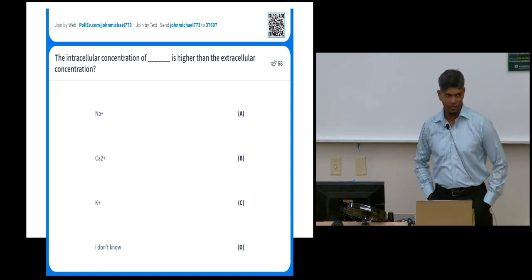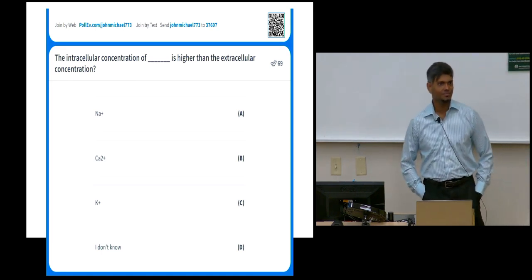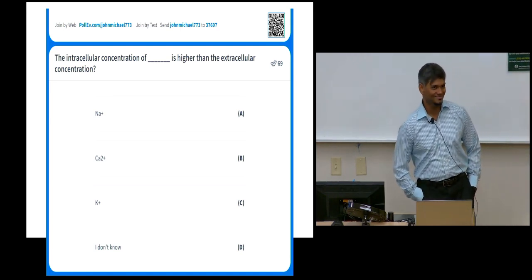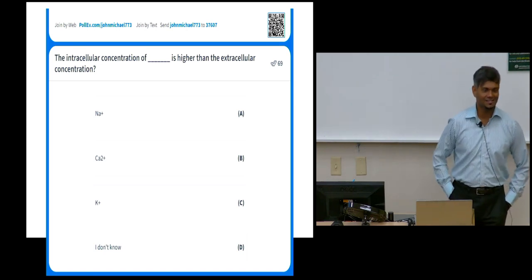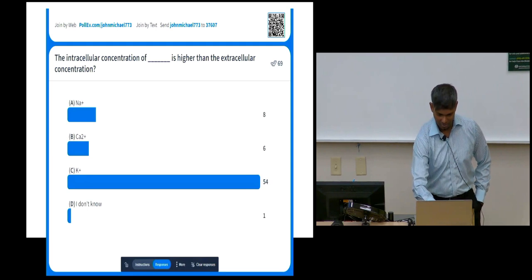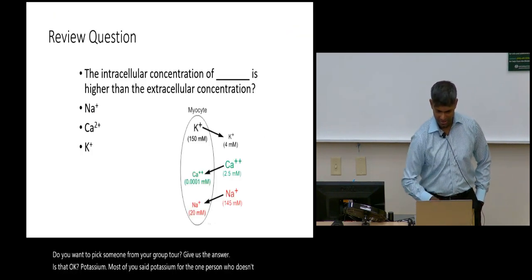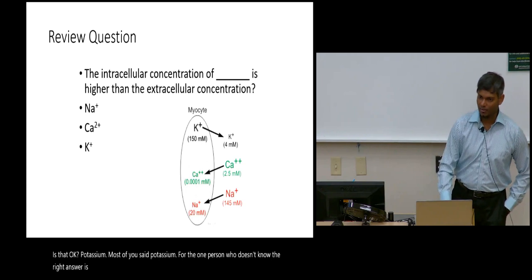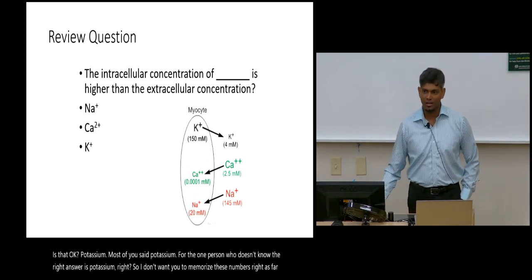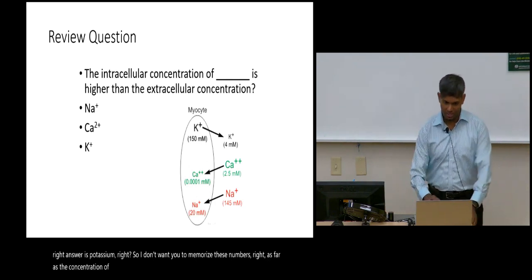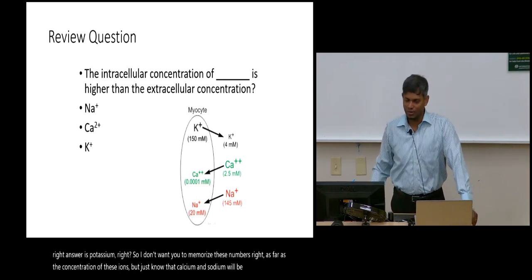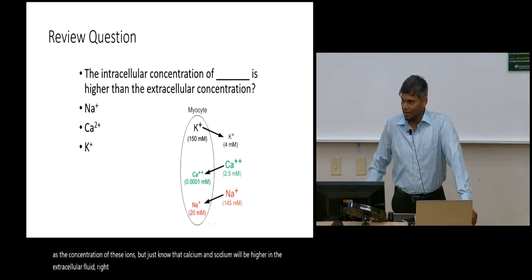Okay, Ronan, do you want to pick someone from your group to give us the answer? Okay, potassium. Most of you said potassium. For the one person who doesn't know, the right answer is potassium. So I don't want you to memorize these numbers, as far as the concentration of these ions, but just know that calcium and sodium will be higher in the extracellular fluid, and potassium ion concentration will be higher